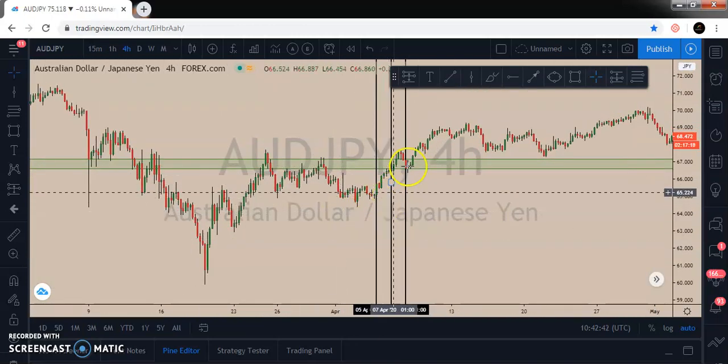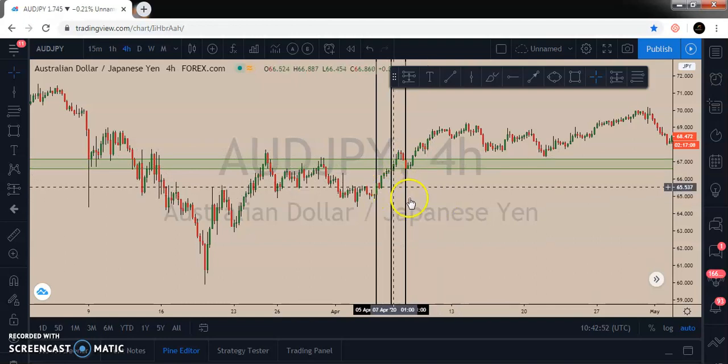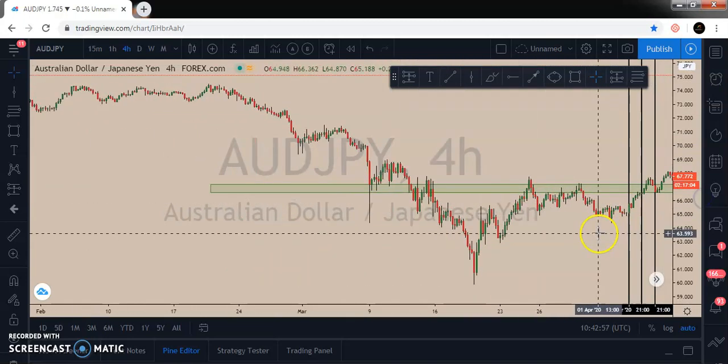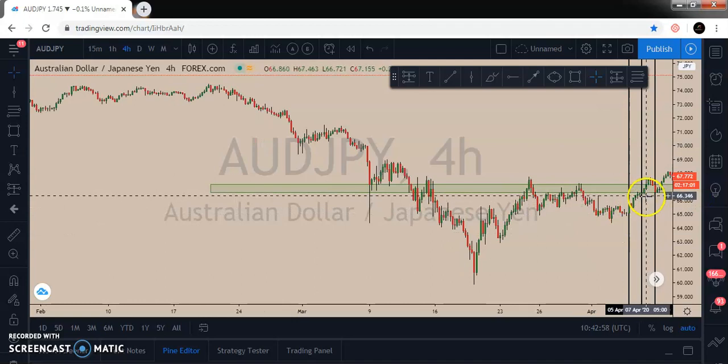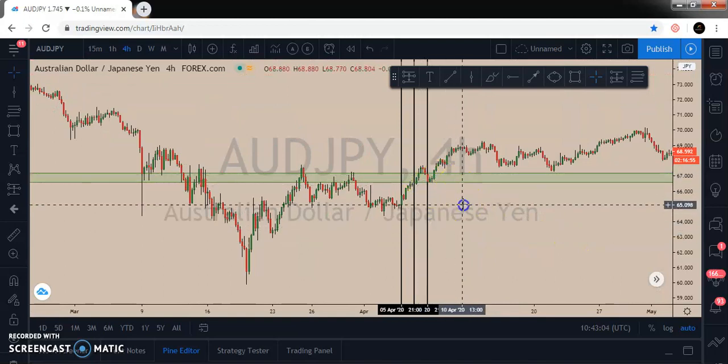Okay, now this is the area you identify from the daily that are the break and retest of this region with the candles that break it. Don't forget you are backtesting your strategy. I'm not analyzing for you. Now this is the area. Let's see. Okay, let me move to this side. Let's say the market is currently here, and you've seen a breakout of this region and a retest of it. Now this retest of this region is where you are going to make your entry, because you trade breakout and retest.